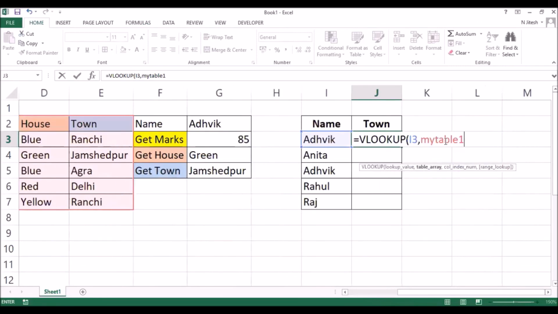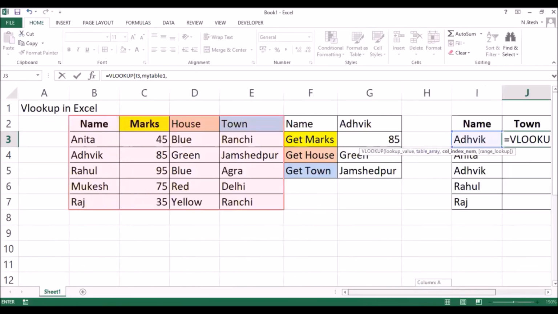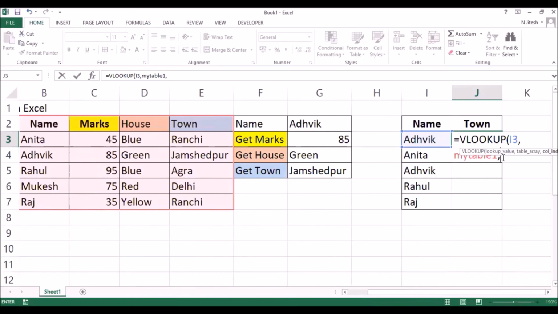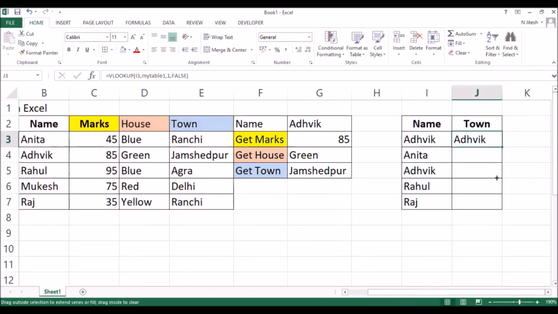So next thing what you have is column index. So for the town, what will be your town? 1, 2, 3, 4. The fourth column is your town. So you can give 4, or to make it doubly sure, you can start with 1. You can change it to 4 later. I will use false.